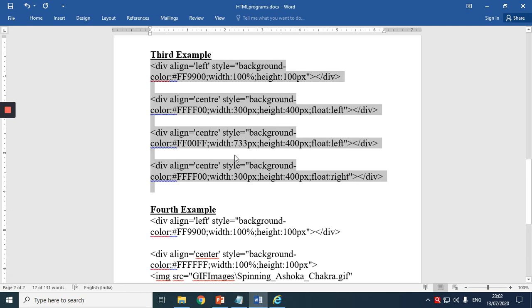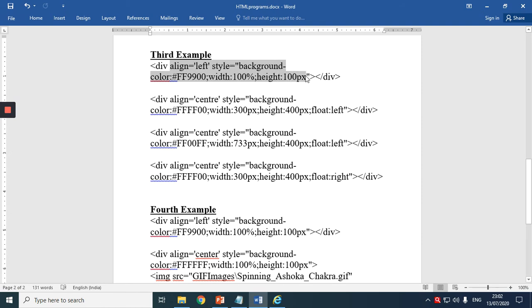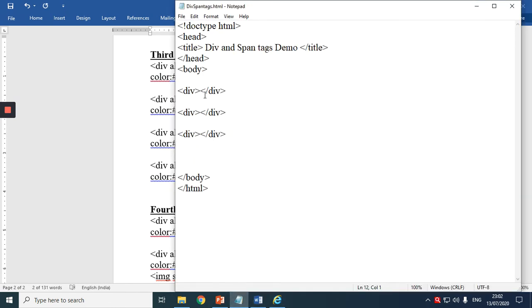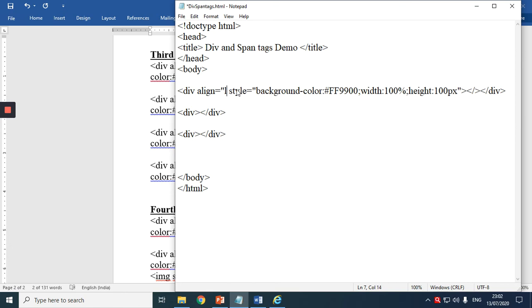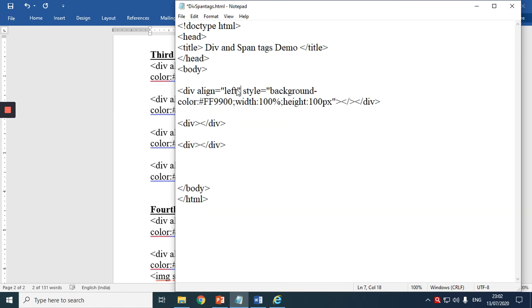Now, what am I going to do? I will apply some kind of formatting. Again, to save time, I'm going to copy and paste. That is why I kept it ready. So I have to write it again, align left, left alignment. I have given style is equal to background dash color.